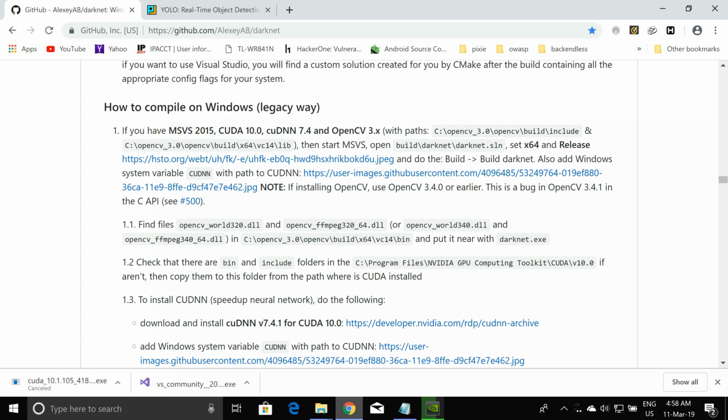So if we have MSVS 2015, if you remember, we downloaded a package for this. Although I'm downloading Visual Studio 2017, I have downloaded the package for this, so it's fine. And then I've downloaded Cuda 10.0 and CUDNN 7.4. Now it says you need to download OpenCV 3.x, any version, and it should be 3.4 or earlier. So I'll be giving a link for OpenCV 3.3. I suggest you download that,